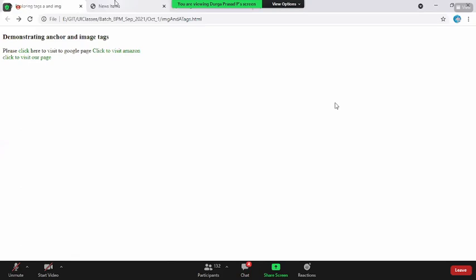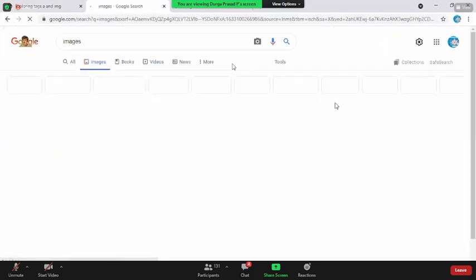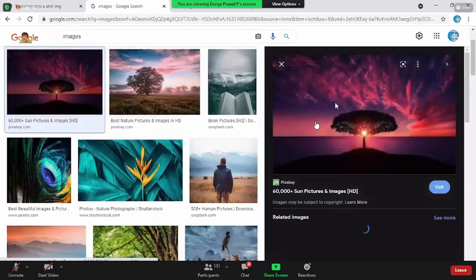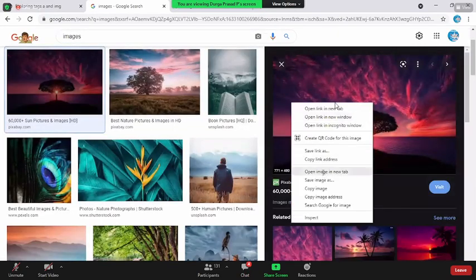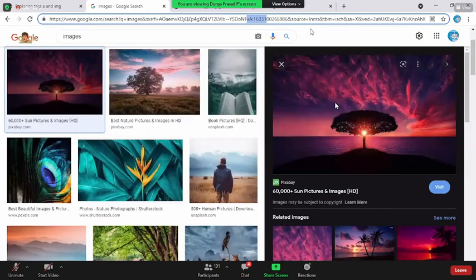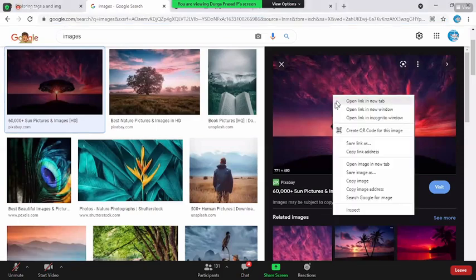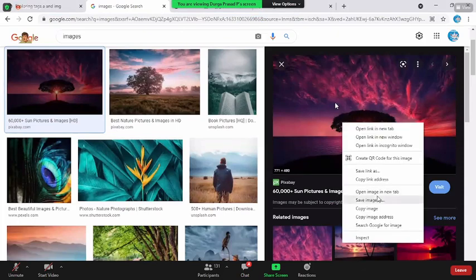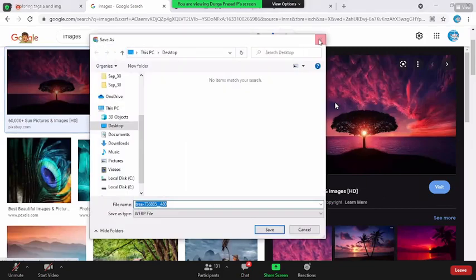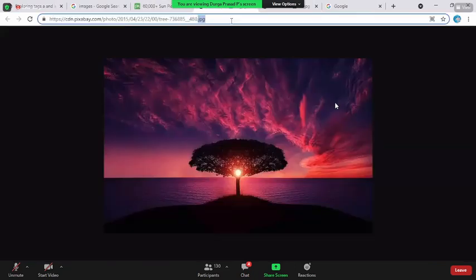So let us take some external path, guys. Say, for example, some images. Okay, so let's open this one, open in a new tab. Now, if you see, this is the path of an image. Hope everybody knows how to copy the image paths, right, guys? Yes, sir. It's a very common thing. Right mouse click on an image and you say copy link address, or right mouse click on this, open image in a new tab. So this is how you can see the path here. Now you copy the URL.